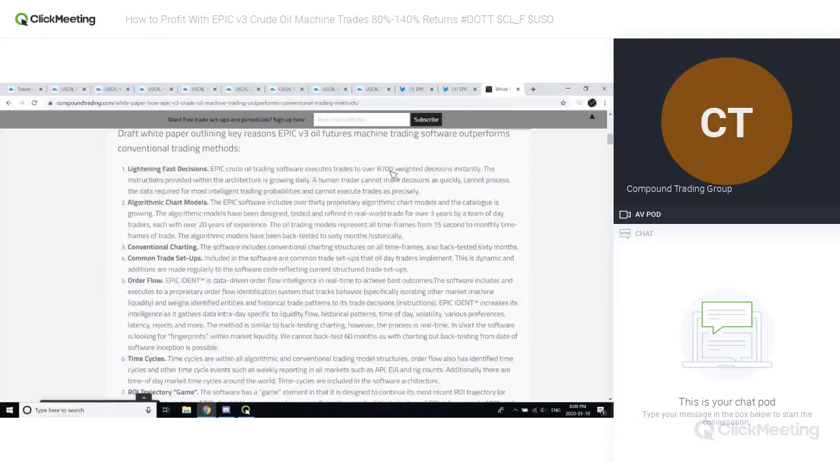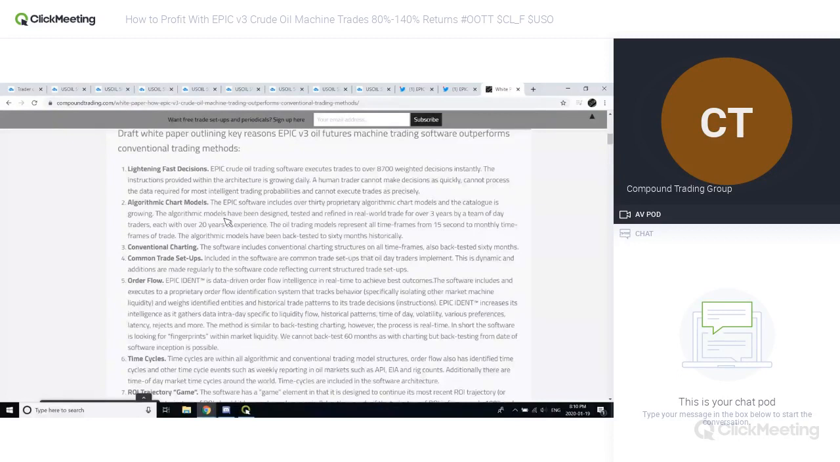Lightning fast decisions. So there's 8,700 decisions. Actually, there's more than that now. It's just shy of 8,800 decisions in the code. So it can make decisions faster than us as humans. It's got all the models. And right now, it's got 31 models,